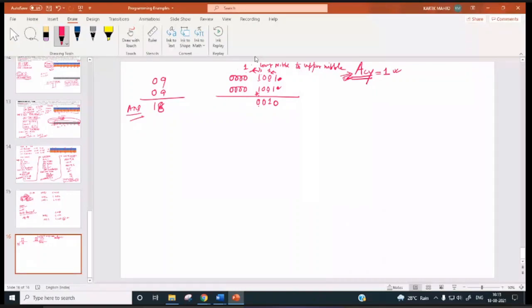Or when we are subtracting and a borrow is there from upper nibble to lower nibble, that time auxiliary carry is set to 1. Okay? So now auxiliary carry is set to 1 and carry is transferred to upper nibble. So 1, 0, 0. So result will be 1, 0, 0, 0. So our result is 12. Right? So 09 and 09 is added. Our result is 12.